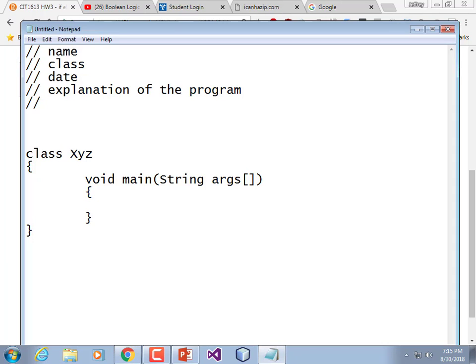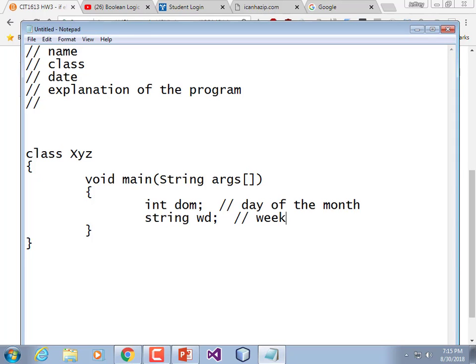And then say you declare some variables. Explain what the variables are, right? If you're going to say the day of the week, if you call it day of week or day of month, if you call it something as simple as day of month, document it. And then int day of week or string weekday, something like that. This is just a pure string. String WD, weekday,